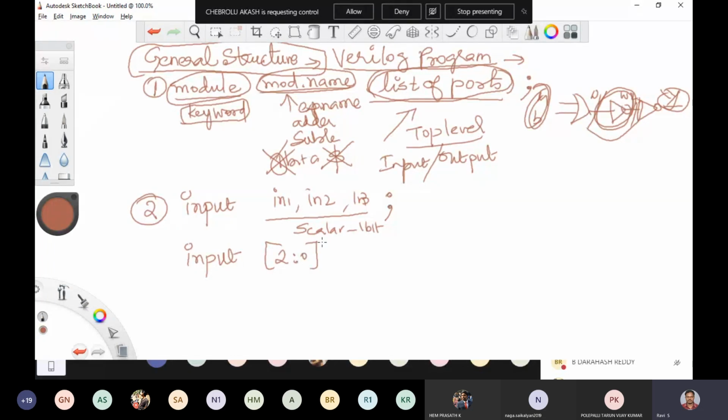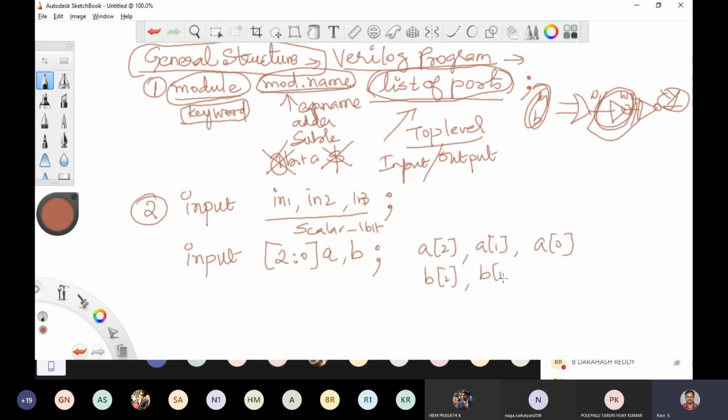Suppose this is a 3-bit width, so I can say 2 down to 0, A, comma B. What it says is A is 3 bits, having A of 2, A of 1, A of 0 as 3 wires, and B has 3 bits as B of 2, B of 1, B of 0. So input can be declared as scalar as well as vector.